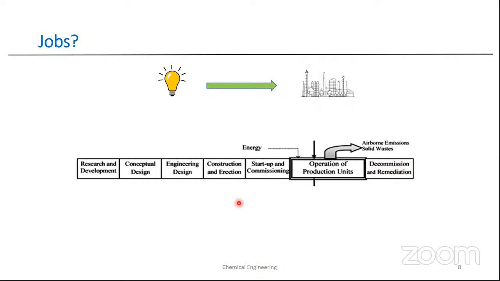So let's see what the job opportunities are. First of all, in the research and development section, you have to come up with an idea in the lab. So you can work in the lab as a research engineer. Mostly people with a PhD work in this field. And then the conceptual designer, who comes up with different options to produce the same product. So who are the process engineers? I personally work in this part, to create ideas and different options, then to identify which one is the best economically,